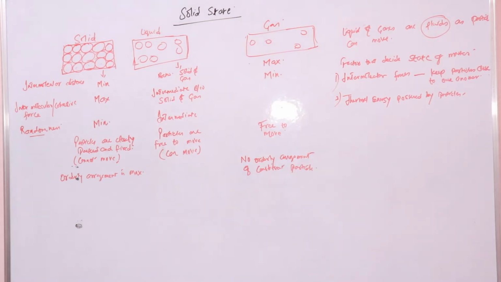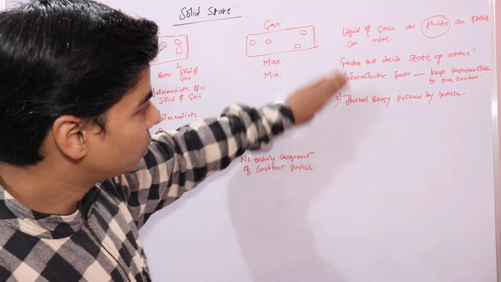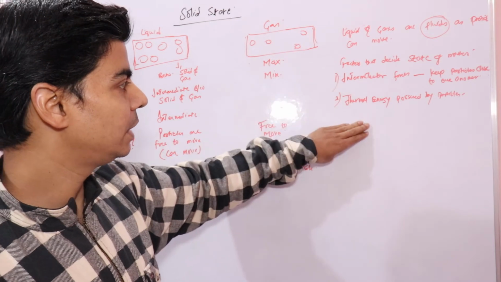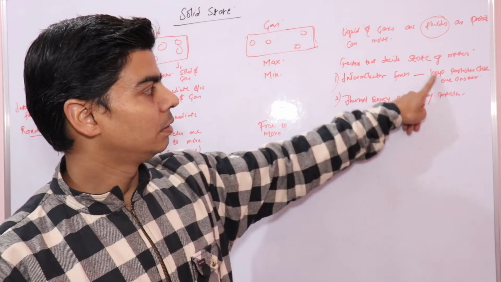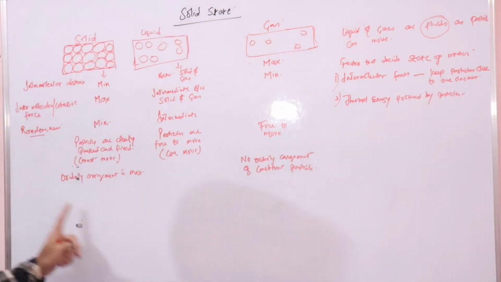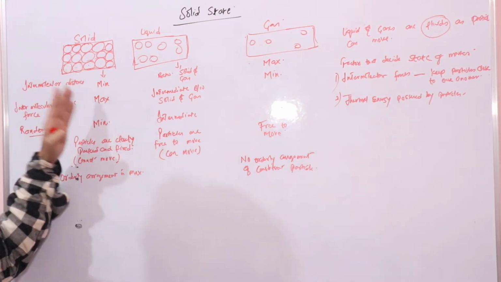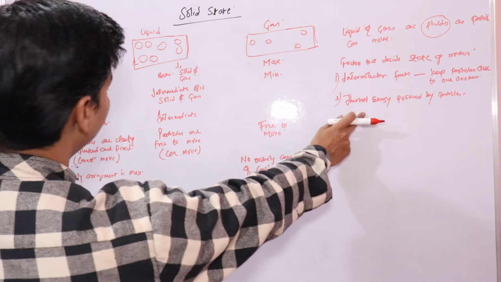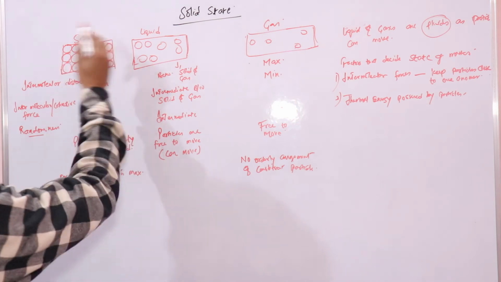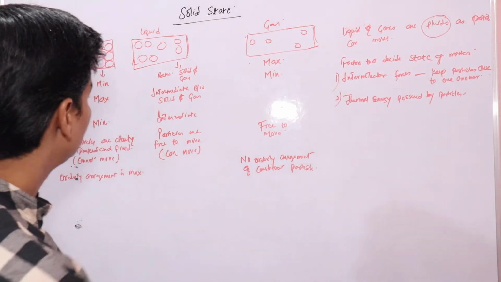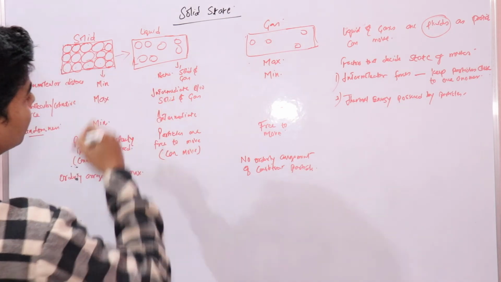So the thermal energy, what it basically does, thermal energy is opposite of intermolecular forces, right? Thermal energy will increase the randomness, that is, it will decrease the orderly arrangement of particles, right? So here, since in solids the orderly arrangement is maximum, increasing thermal energy will decrease the orderly arrangement of these particles. So when you keep heating a solid, it will melt, which means the orderly arrangement is decreasing, so it will change into liquid state, right?